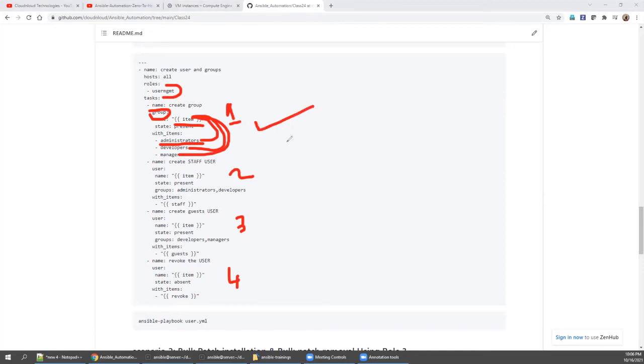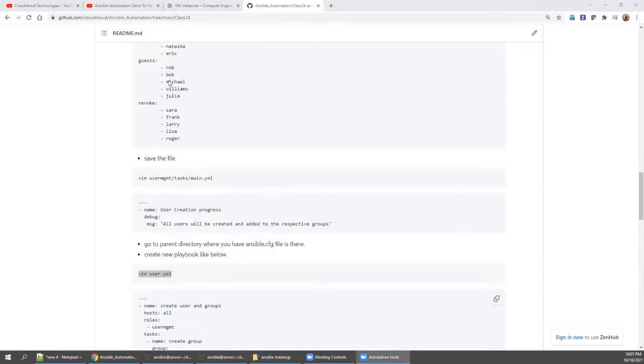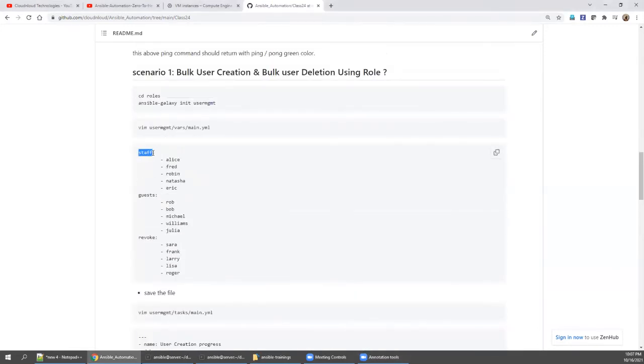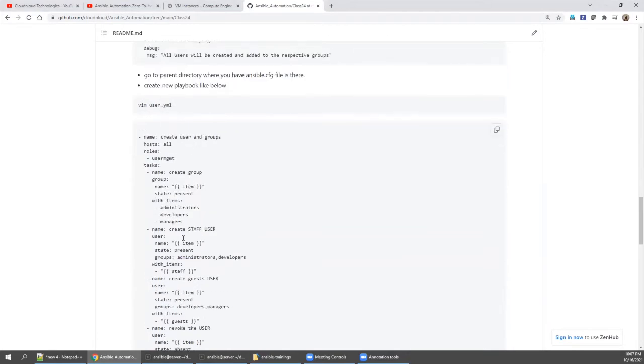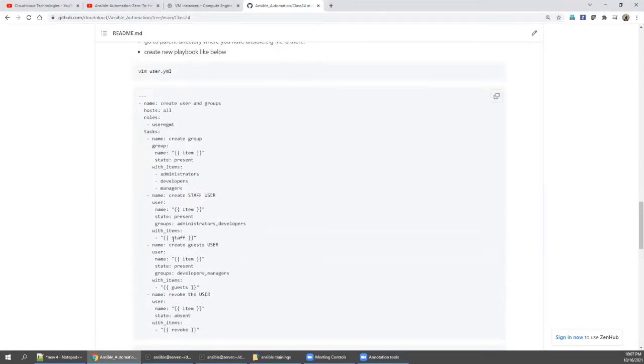This is passed. Then the second play, create staff user, but instead of passing the value, I am passing the section name. So you remember this staff section name, if you go above, see here, this is staff. So if you don't give any values, automatically Ansible will go and refer to the roles.